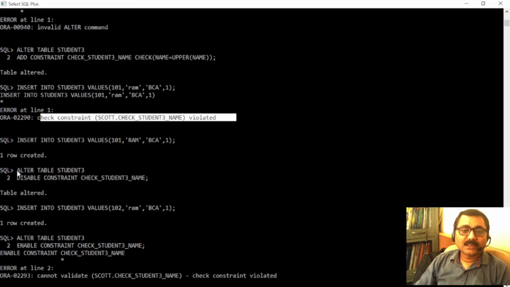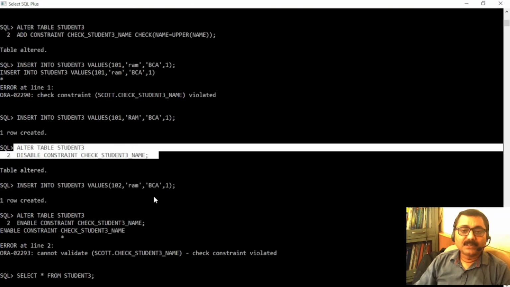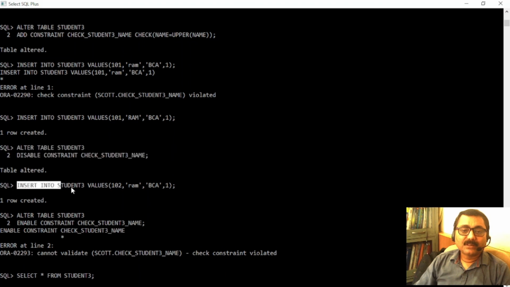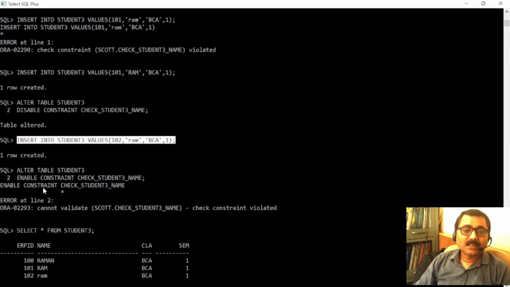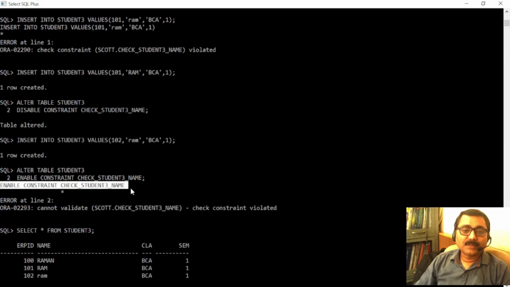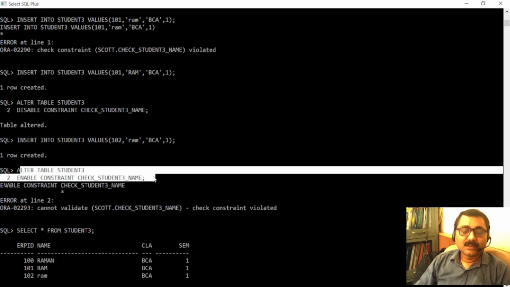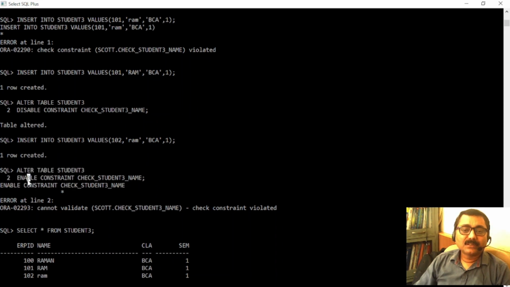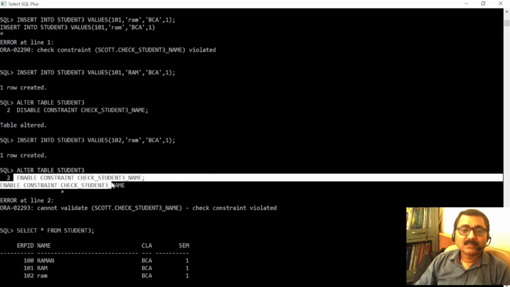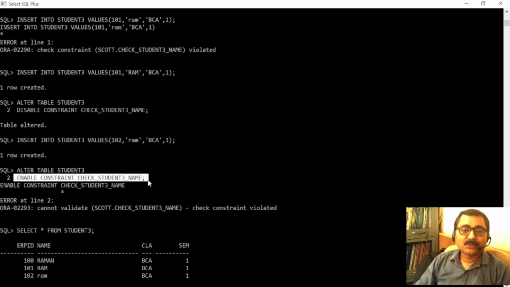What I have done then, again, I have disabled it. Then I tried to enter a name in lowercase. I was successful. Then I tried to enable this constraint with the enable command, but I was not able to. Why?